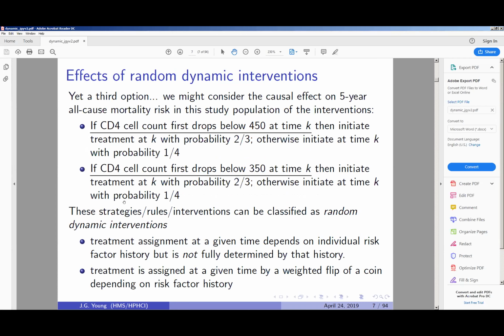But we could consider yet a third option where we consider similar interventions but slightly tweaked. So we could consider, if CD4 cell count first drops below 450, let's say, then initiate treatment with some probability, otherwise initiate with maybe a lower probability. So these interventions reduce to the interventions I described on the previous slide when we replaced,